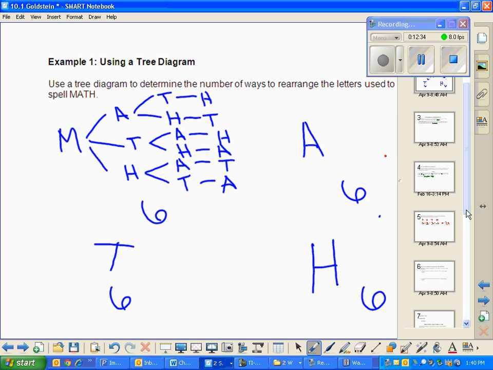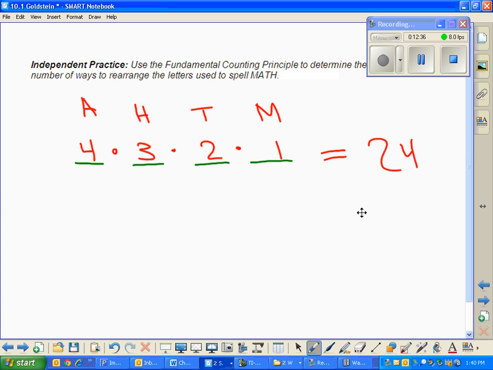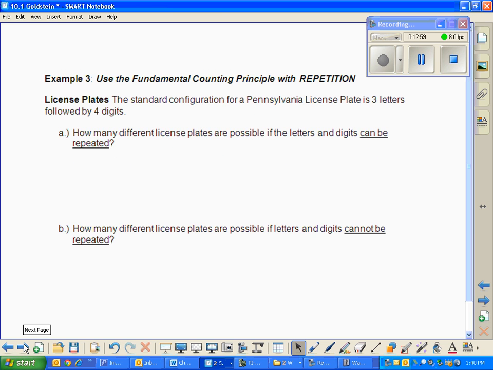You just verified that the fundamental counting principle is legit. You calculated how many ways we could rearrange the letters in math. Are we okay with this? These are separate events that are occurring. We're picking the first, the second letter, the third, and the fourth. Yeah? Alrighty. Moving on. We're going to use that idea, the fundamental counting principle, but now we're using it with